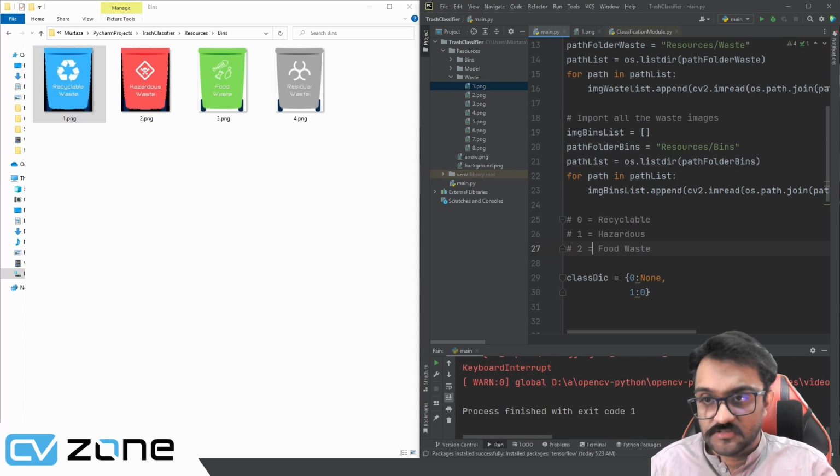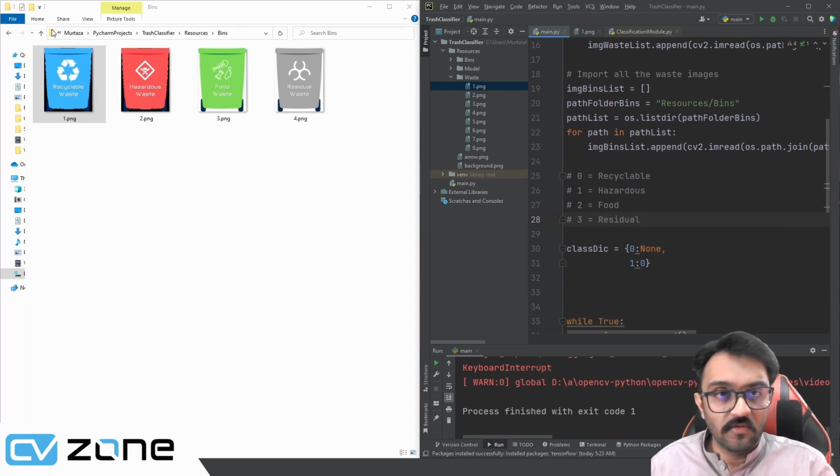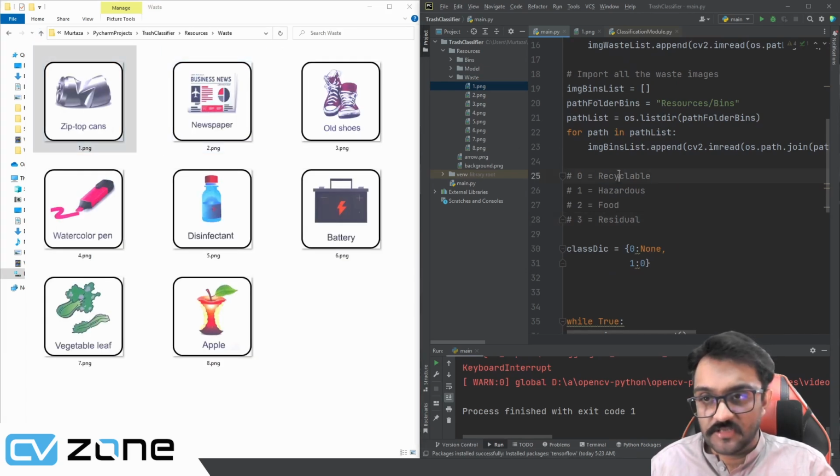Let's just put it like this. All of them are waste, so we just put food. And number 4, or the ID number 3, is residual. So that's the idea. So here now we can go back to our waste, and the first one is recyclable,